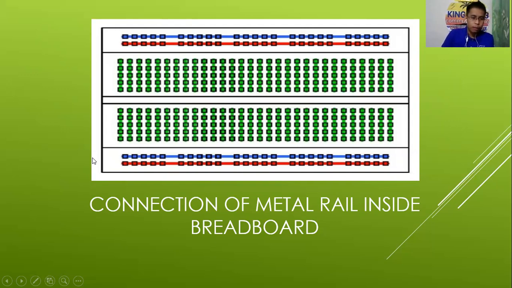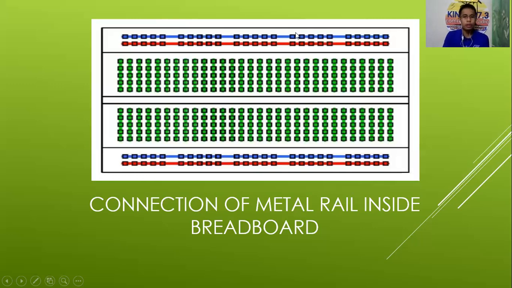If this is your breadboard, horizontal view, we have a straight line color blue, and it has rails with 1, 2, 3, 4, 5 holes each rail,